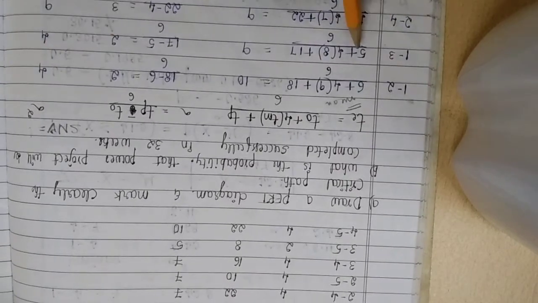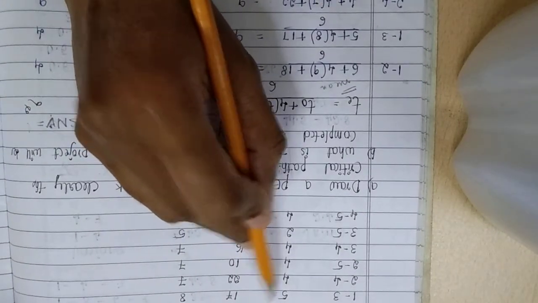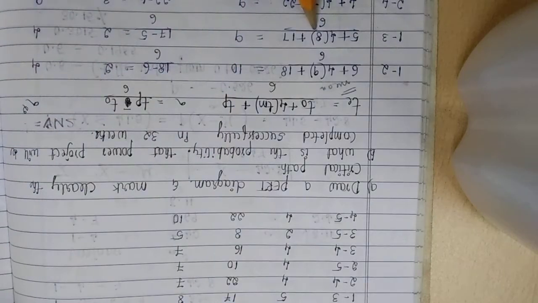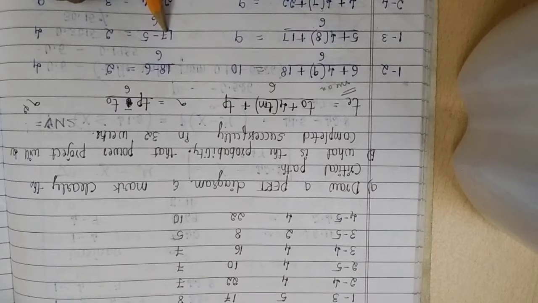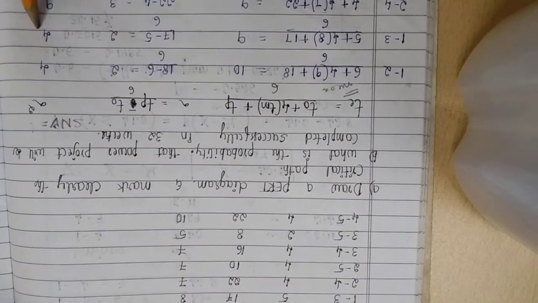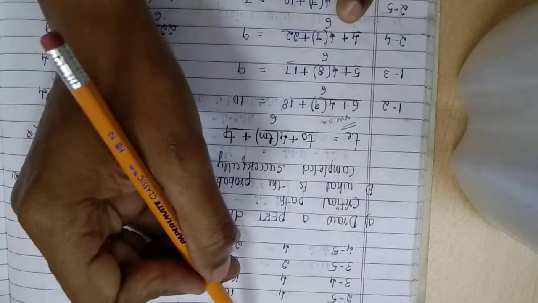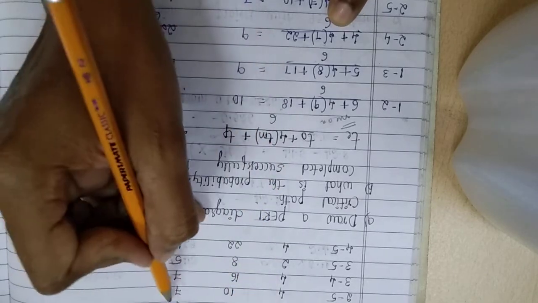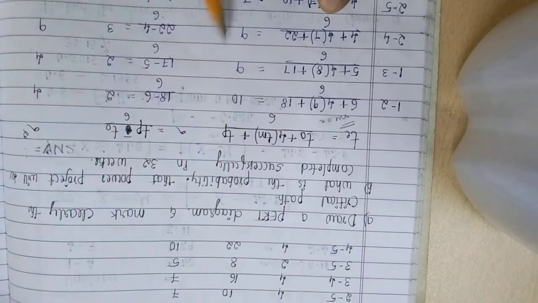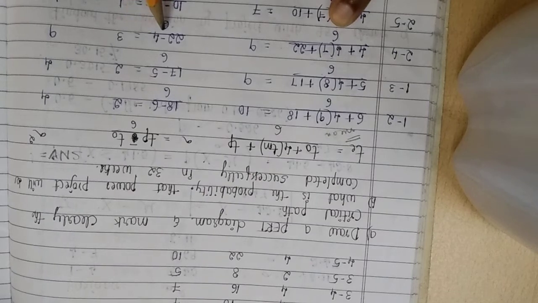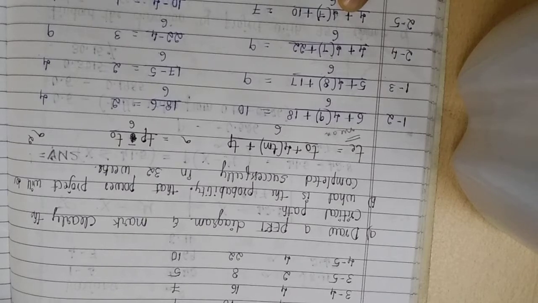Now coming down to the next activity, T0 is 5. So 5 plus 4 into 8 plus 17 divided by 6 is equal to 9. Next, the standard deviation is equal to 17 minus 5 divided by 6, which is equal to 2. The standard deviation square is 4. Now coming down to 2 to 4, T0 is 4 plus 4 into 7 plus the Tp of 22 divided by 6, which is equal to 9. The standard deviation is 22 minus 4 divided by 6, which is equal to 3. Taking the square of the standard deviation works out to 9.